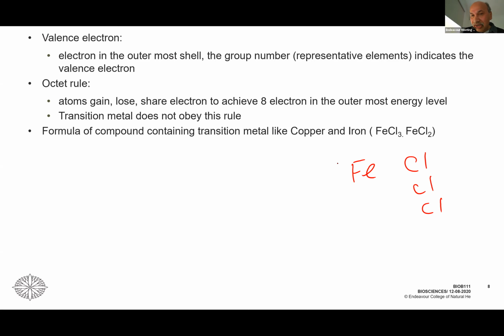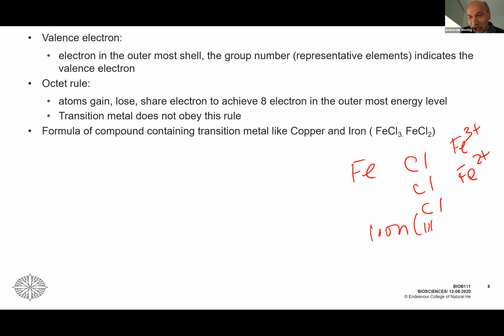We have 2 types of iron, which is Fe3 plus and Fe2 plus, ferric and ferrous. Fe3 plus means how many electrons it has lost? 3. See, the number of electrons and protons are the same in every atom of the element, right? So if I am showing 3 plus, it has lost 3 electrons. Fe2 plus means it has lost 2 electrons. So now here, FeCl3 means iron